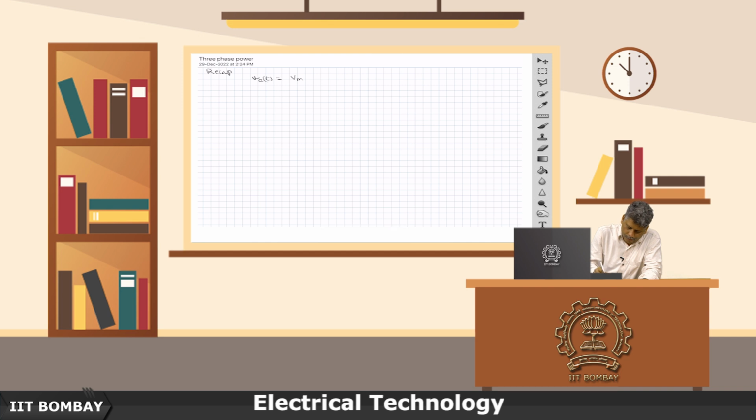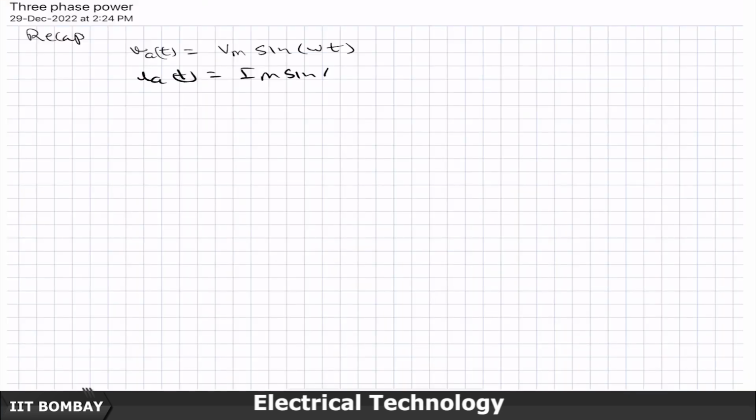a, let us say I took the voltage as the reference and the current which it was drawing for all sinusoids at 50 hertz was lagging by, so this is my V phasor, this is my I phasor, and it is lagging by an angle of 5 degrees. Inductive load, basically a kind of an inductive load, not pure inductive, but inductive. So, then PA of t,